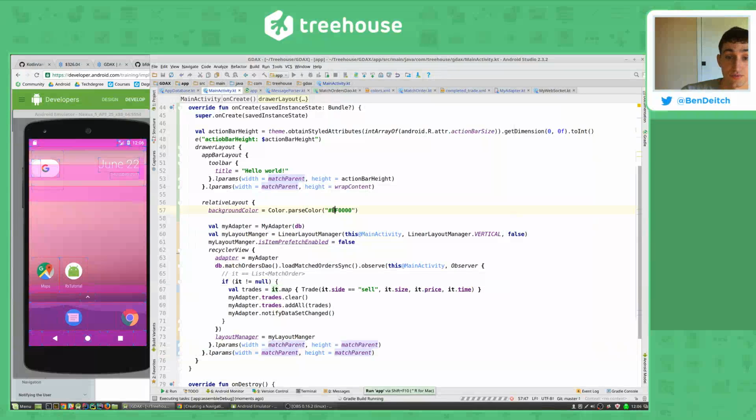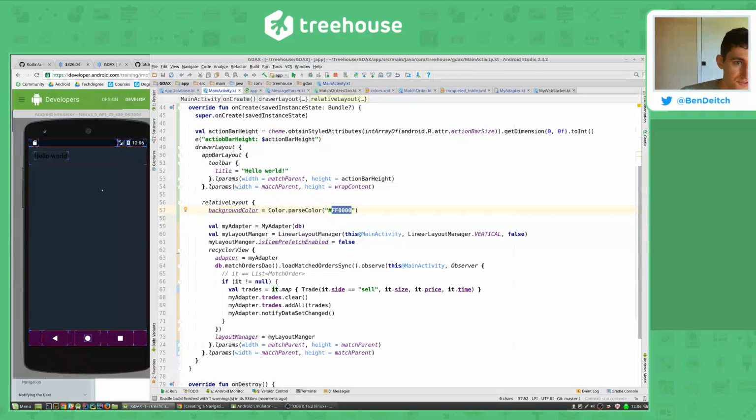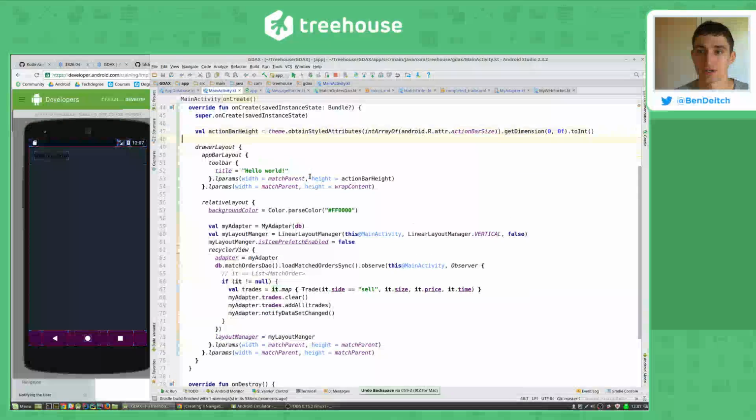It would still be red here because that's the color we're setting. It was red for a second, but then we were overrun by our action bar. So I think